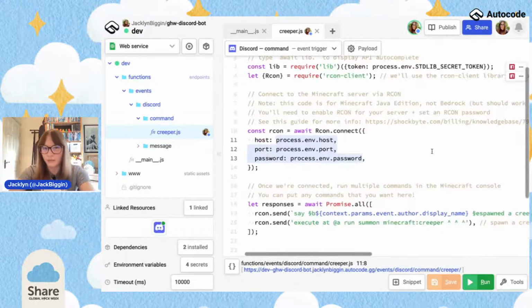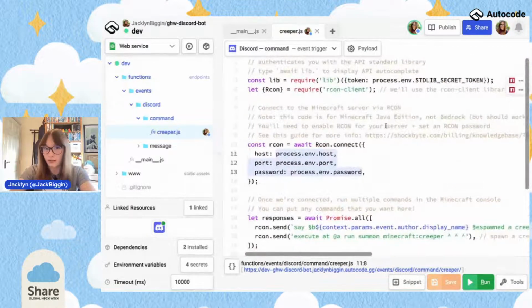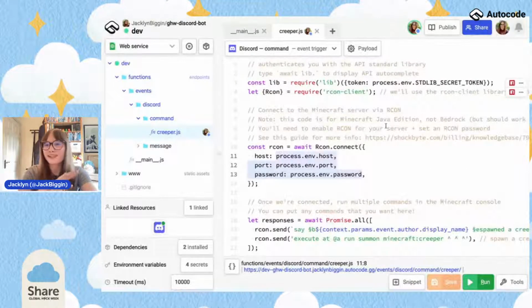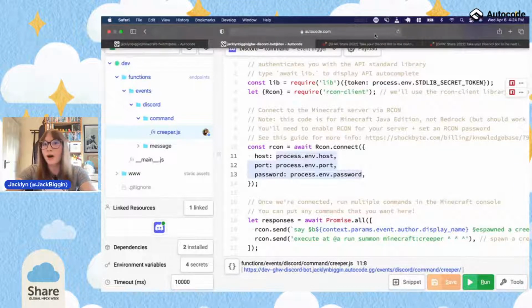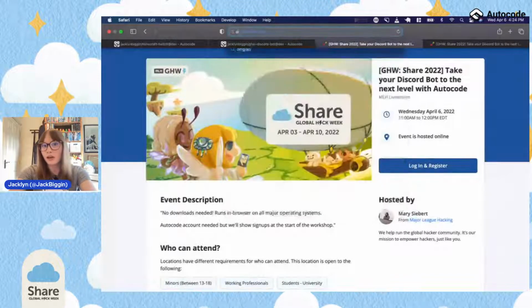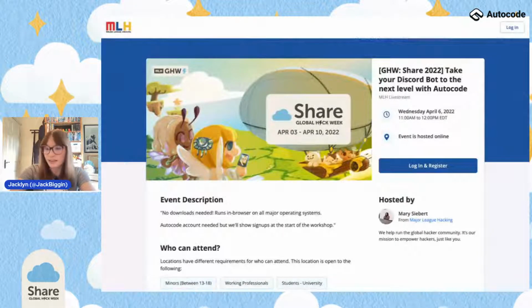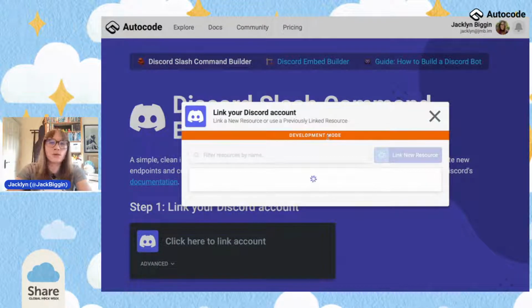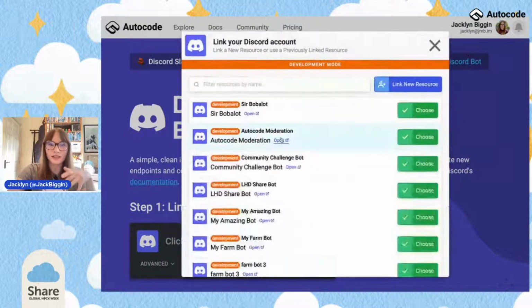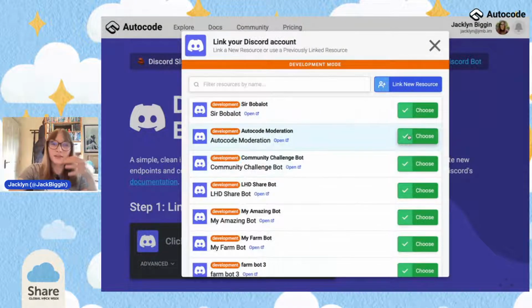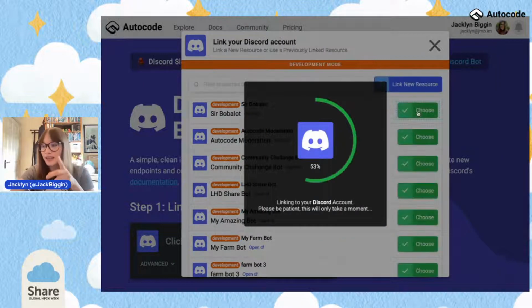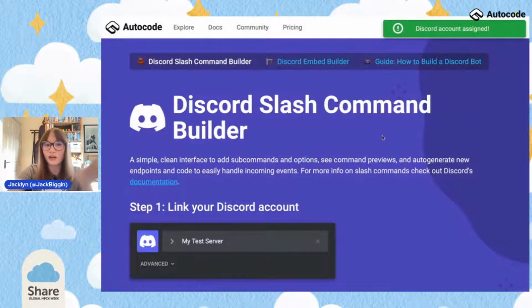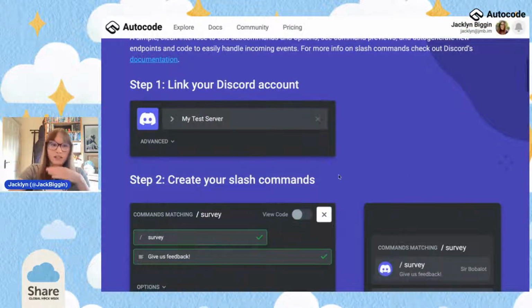Okay, so I've created a slash command here, slash creeper. One little trick to know is Discord is a little bit finicky with slash commands. If you are going to make slash commands, you're going to want to register them too. To do that, you need to head over to omg.ac/command, and once you're there, just follow this link through. The TLDR is, when you make your command like this using the command event on Autocode, you're just telling Autocode to call it when the command happens. Discord doesn't know the command exists though. So it's worth using the link I just put in chat to add your command.